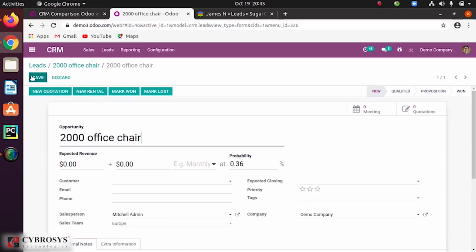And here you can see the expected revenue calculations, monthly basis, yearly basis and all, and also the probability. So here you can provide the expected revenue, expected closing date also, can mark the priority, can also schedule the meeting from here also. So this is what happens when you convert the lead into opportunity in case of Odoo CRM.